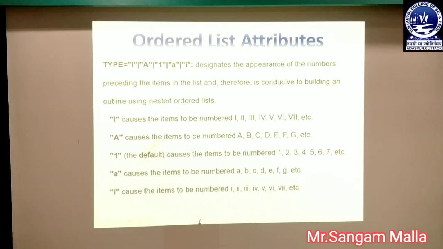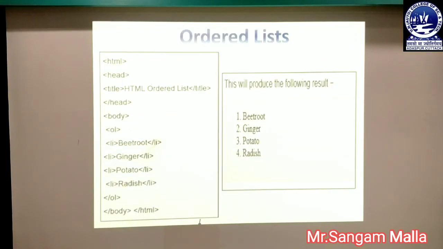Now we will describe the examples of the ordered list. You can see the first example. This is the source code, and here the program starts with the HTML tag, which is the general syntax of writing an HTML web page, followed by the head section which has a title tag, and we have given HTML ordered list as the title of the web page. Next we have the body tag, because the ordered list will be reflected in the body of the web page. So the OL tag, which represents the ordered list, must be enclosed within the body tag of the HTML page.